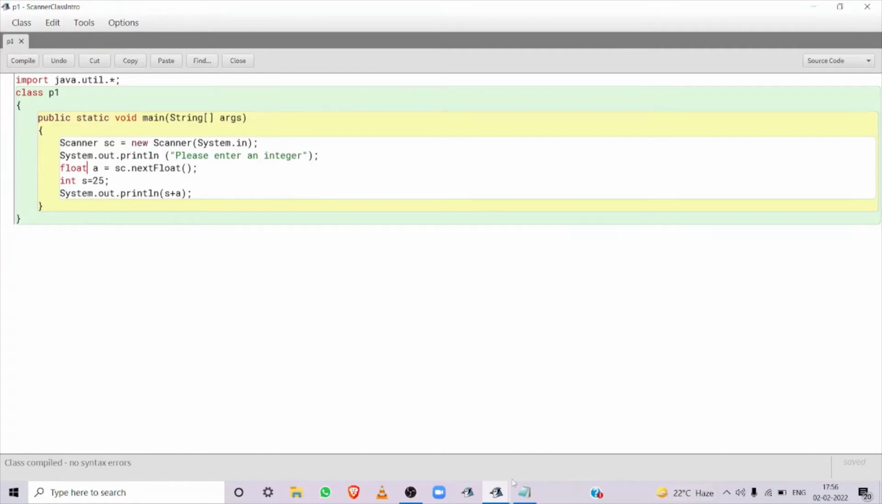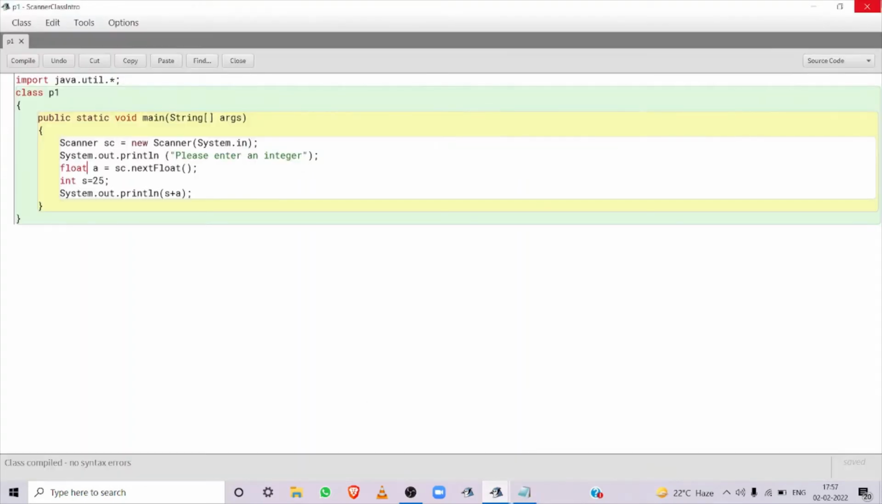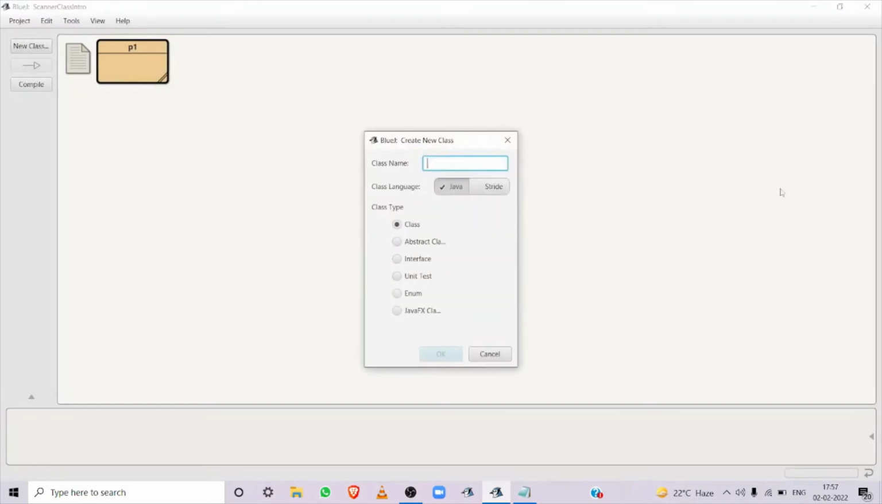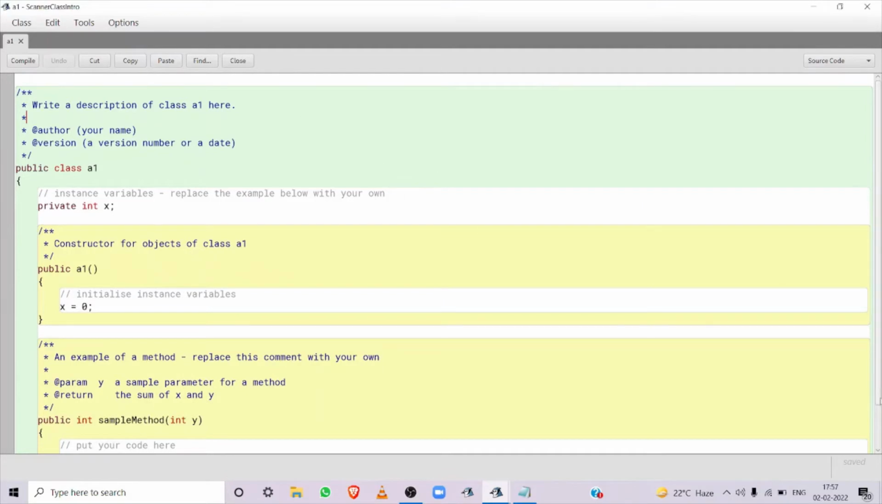So now let us try the programs which I have made. The first program is: write a program to take input a string from the user and print it as it is using the scanner class. So let's create a new class, say P2, or let us make A1. This is a class name, you can change it anytime. So class A1,